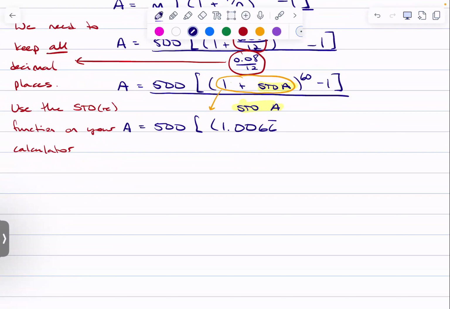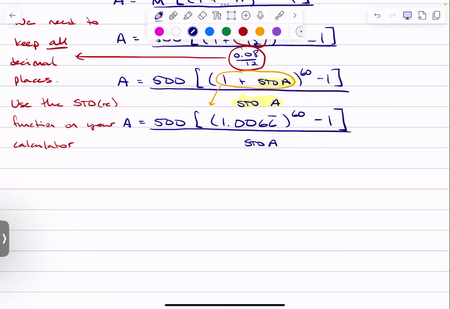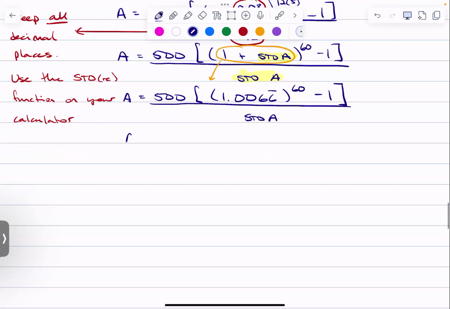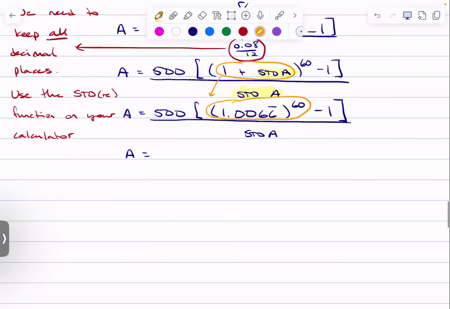Recall A plus 1 to the power of 60 and then minus 1 divided by whatever is stored in A. Next thing I'm going to do is take this 1.0066 repeating to the power of 60, which is still on my screen on my calculator, which is how I avoid having to store stuff most of the time. And so to the power of 60, we get